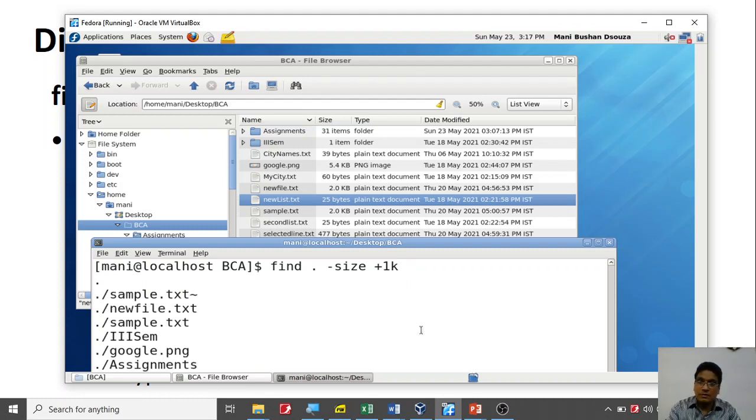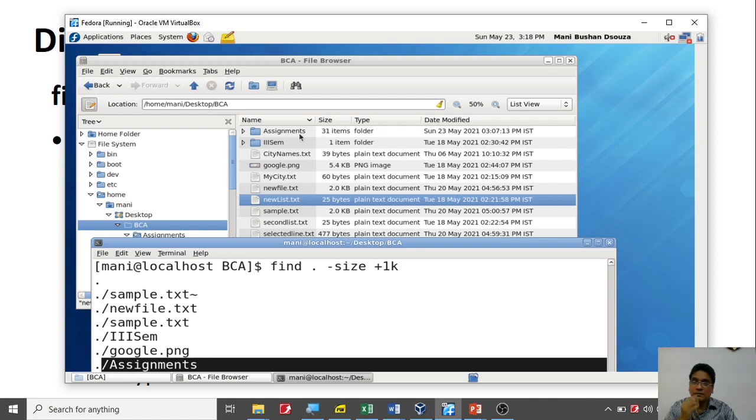If you do it, you will notice that all these files have a size greater than 1 KB. At least you can see Google PNG, which is 5 KB. And you have some sample text, assignment and other things whose size is slightly higher.